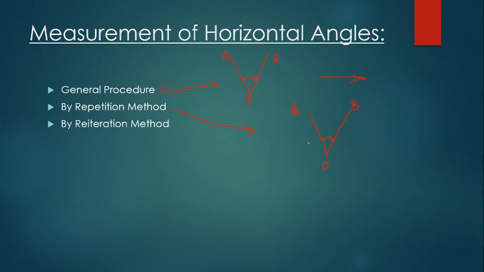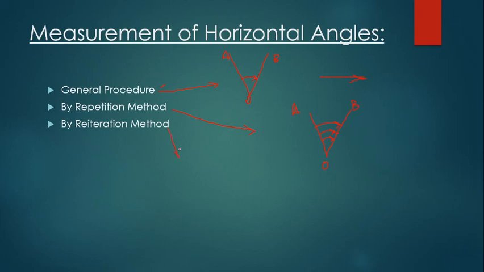The procedure is to record the horizontal reading between two given survey lines a number of times. Generally we take three times with face right and again three times with face left, and then the average of both face left and face right values will give you the actual horizontal angle more accurately in this repetition method. So having known about the first two methods, we have now arrived at the reiteration method.